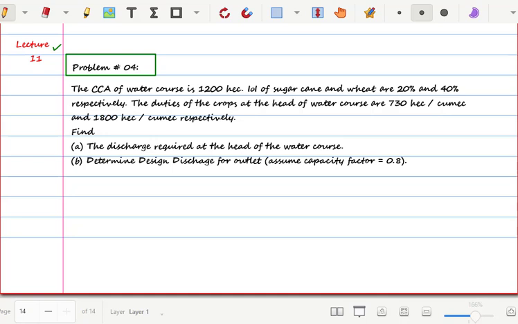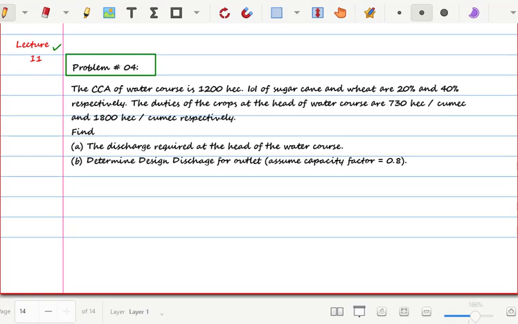In our previous 3 lectures, we have discussed 3 numerical problems related to the design capacity of canals, right? So today we are going to discuss our 4th and last problem related to our topic, design capacity of irrigation canal. So let's start with the statement. The statement is saying that